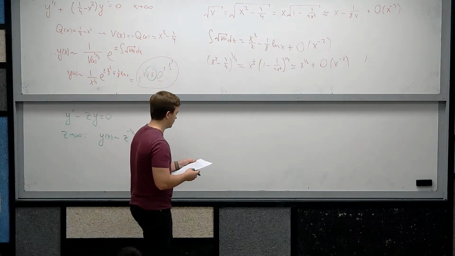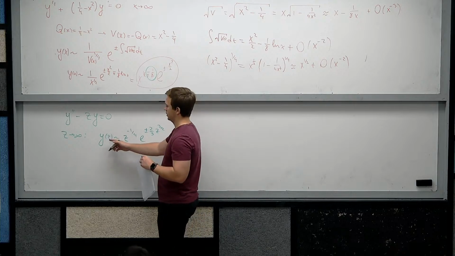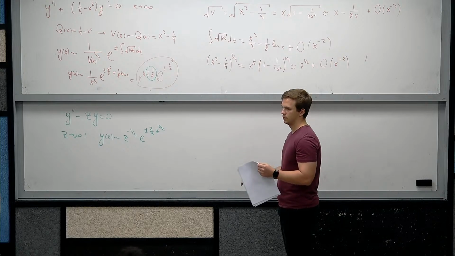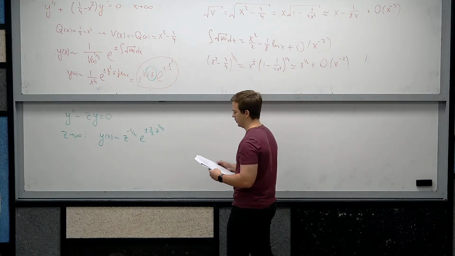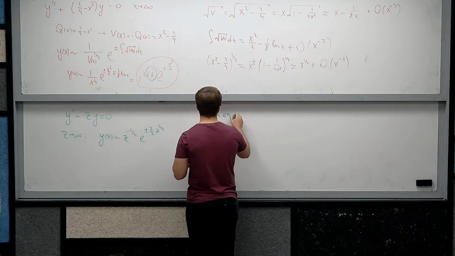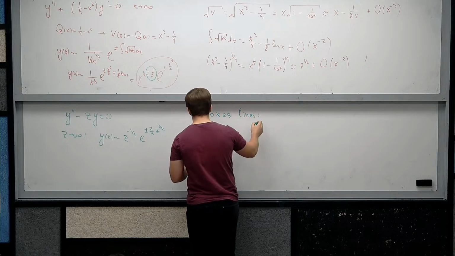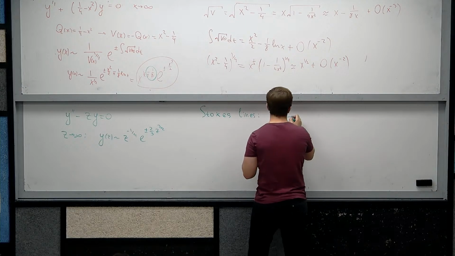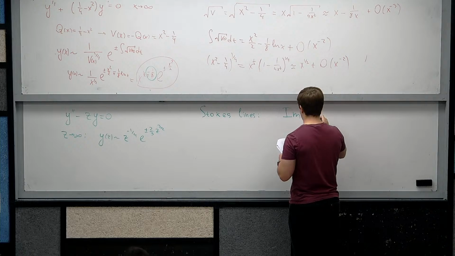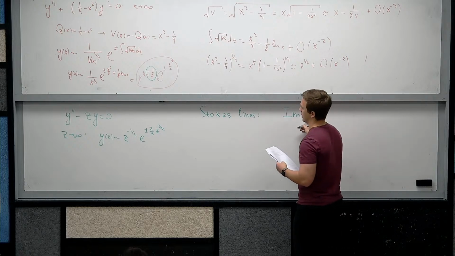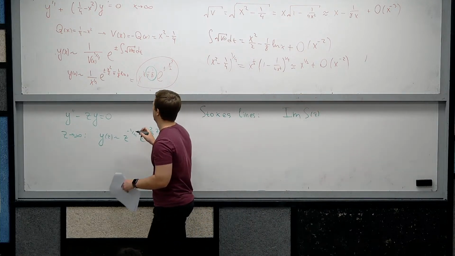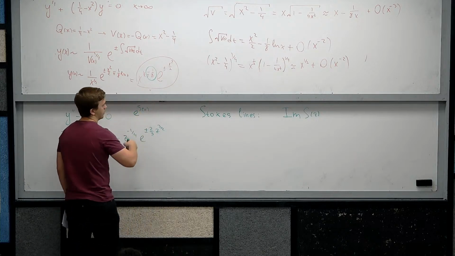And when the variable crosses the Stokes or anti-Stokes line, the solution changes somehow. And we define Stokes lines as curves where the imaginary part of the s in the exponent is the same. So this one is just a constant, but usually we use this constant as